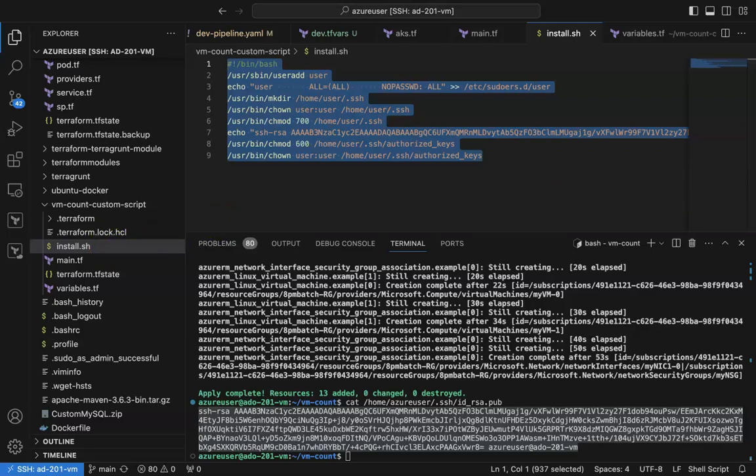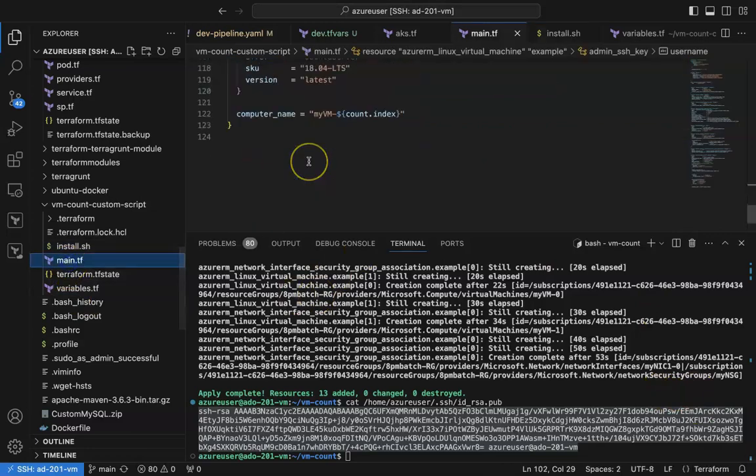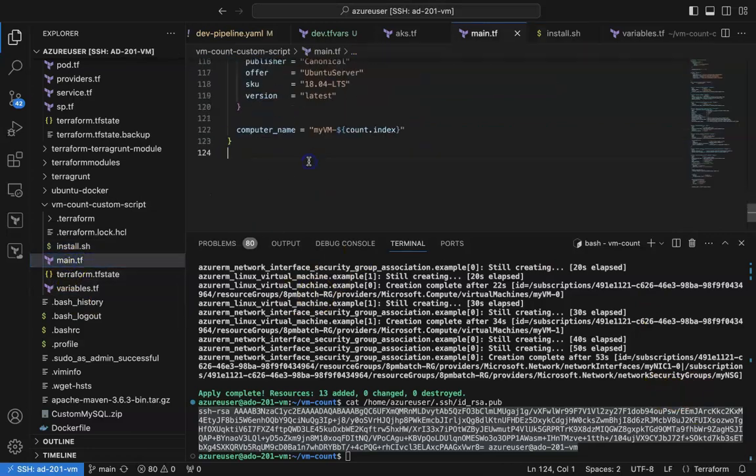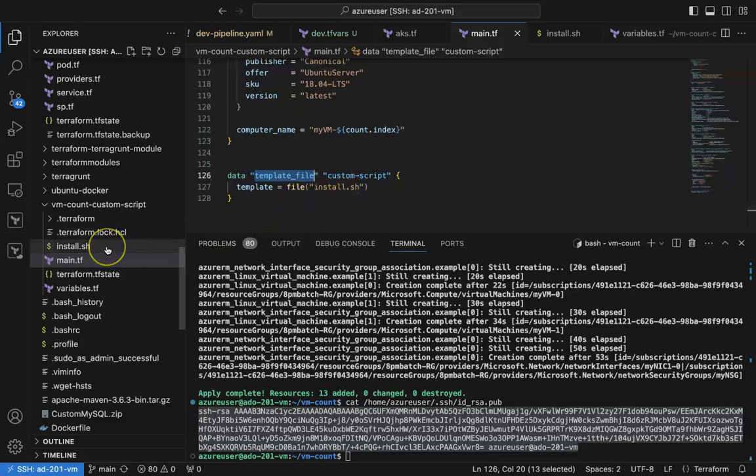Okay, that is exactly the thing you need to understand. So before going for that, you should understand another one called template file. Template file is a technique in Terraform we generally use. The template files are helpful for us to render the values whatever is there in the shell script. For example,